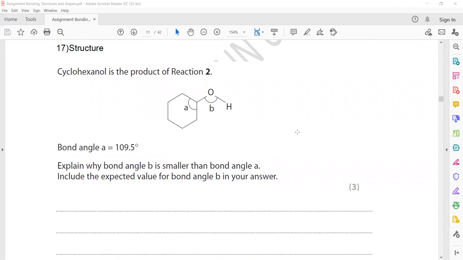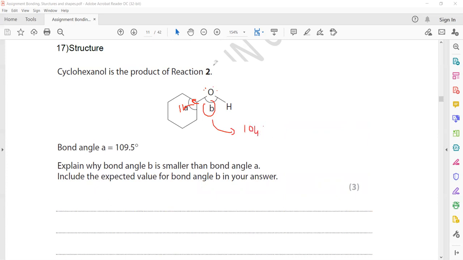In question 17, cyclohexanol is a product of reaction 2. The bond angle of A is 109.5. Explain why the bond angle of B is smaller and include an expected value for a bond angle. So what is the reason? This is a skeletal formula. At this position, carbon is there, so it will have hydrogen and there's no lone pair. But oxygen has lone pairs, two bond pairs and two lone pairs. So this bond angle will be